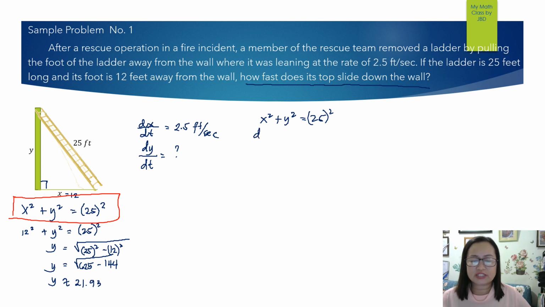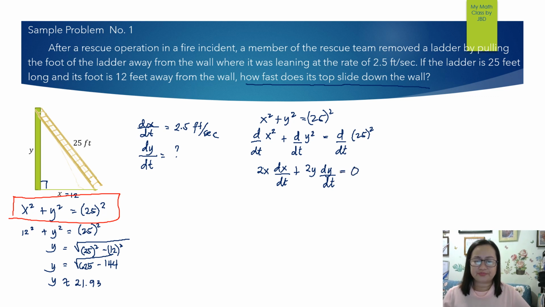So we will have to get the derivative of x squared with respect to t plus the derivative of y squared with respect to t equals the derivative of 25 squared with respect to t. Simplifying each expression, we will have 2x dx/dt plus 2y dy/dt equal to 0. Now substituting the known values,